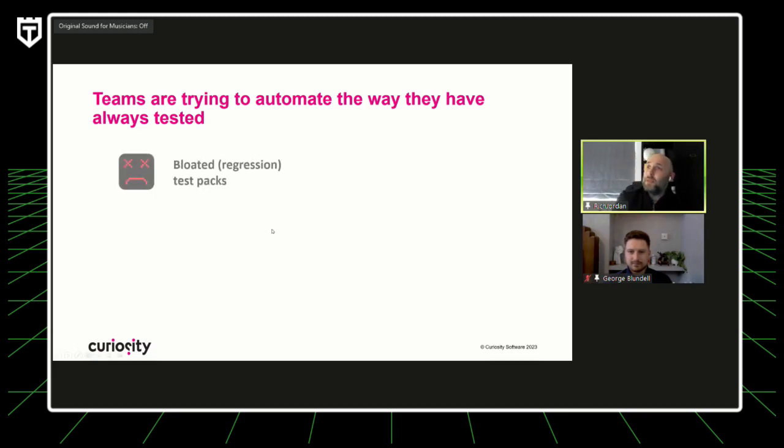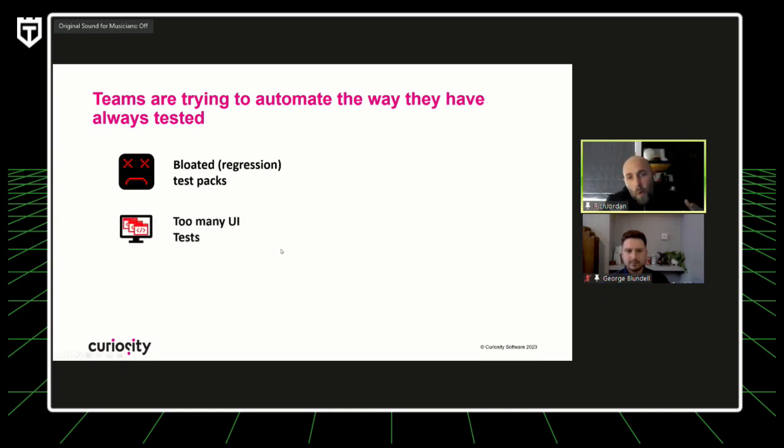So what are the problems that we see some of the teams facing? Actually, these are more fundamental testing problems, in that we've got bloated regression packs. As and when teams work on a system and they go through iterations and iterations, the pack just grows and grows and grows. And therefore the automation burden, or the testing burden, becomes ever increasing. And that's a problem for creating just-in-time test automation, but also robust, stable automation.